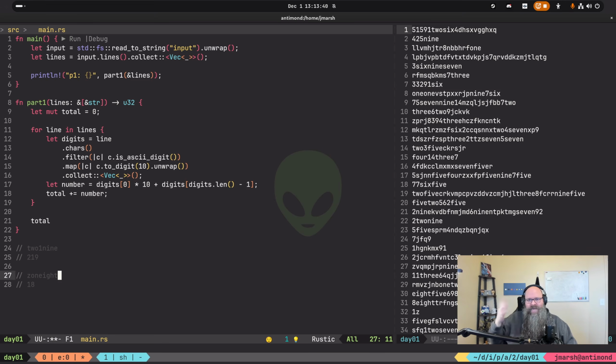So maybe that's actually how I solve part 2. I start at the beginning and I say, is it a digit? And if it is, then I've got the first one. If it's not, I look to see if it's one of the prefixes, if I have one of the numbers as a prefix. And then I start from the back and I do the same thing, right? Look for the first digit or the first number.